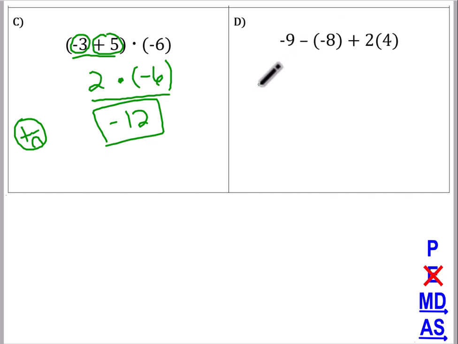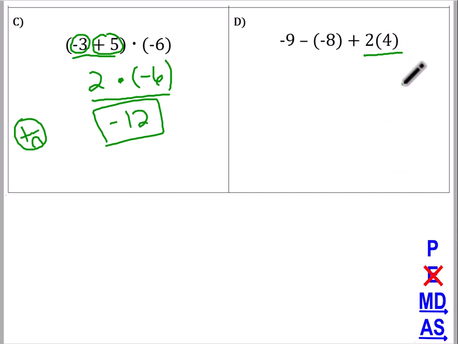Okay, last example. Ooh, this looks like there's a lot going on, right? So I do see some parentheses. The first parenthesis is just a, hey, look at me, I'm a negative 8. There's no operation inside of it, so that's not a true parenthesis. The 4 in this parenthesis, that's not a true parenthesis because there's not an operation inside this parenthesis. This is actually showing me multiplication between the 2 and the 4. Okay, so we don't really have a P for parentheses, so we're going to move on to the multiplication and